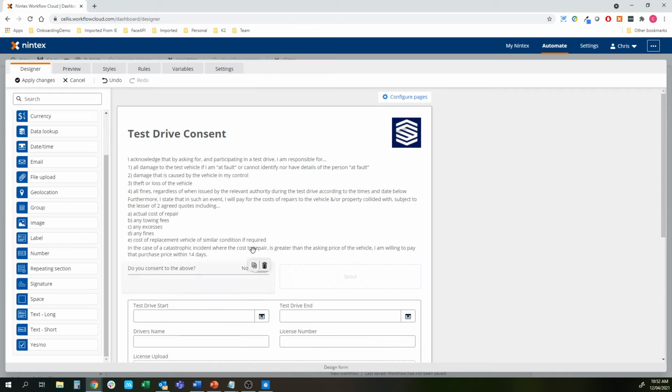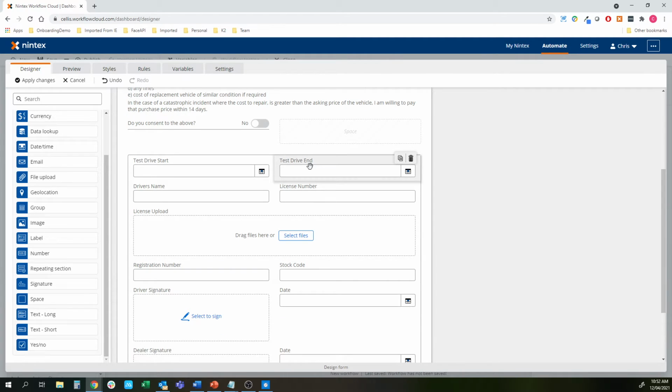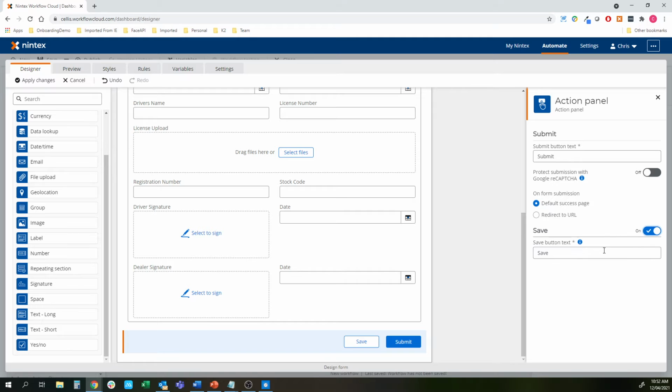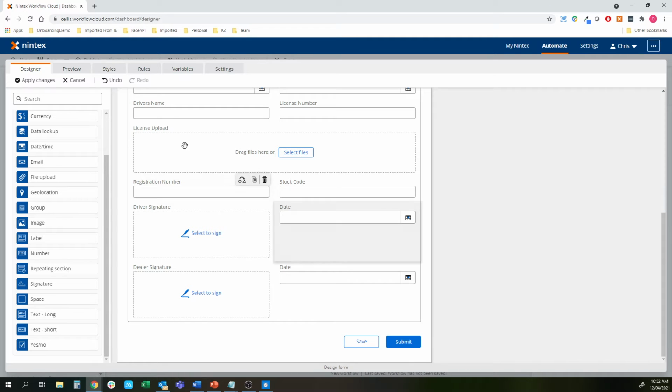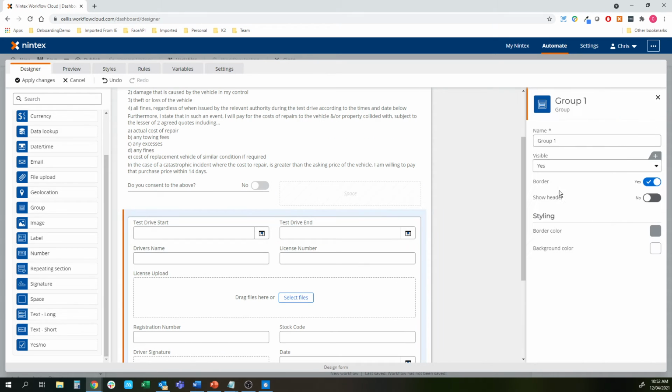done. What I really want to do is save this before they come back with the end. There's no point leaving a form open, it might get closed, the app, whatever. So we're going to actually use the save function and do a real quick rule to show this whole group. So I'm just going to hide the group,